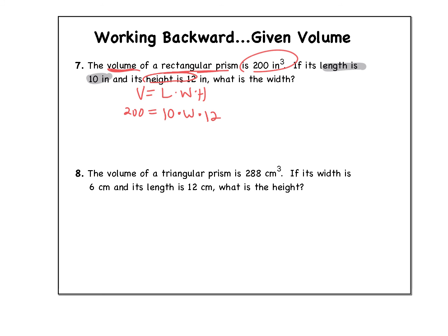So the first thing we're going to do, guys, is just to simplify. So I'm going to multiply 10 times 12. So 10 times 12 is going to give me 120. So in order to simplify my equation, I have 200 equals 120 W. Well, now this is just a one-step equation, right? So I'm going to divide both sides by 120 so that I can get W all by itself. So when I do that, I'm going to get W equals, and 200 divided by 120 is going to give me